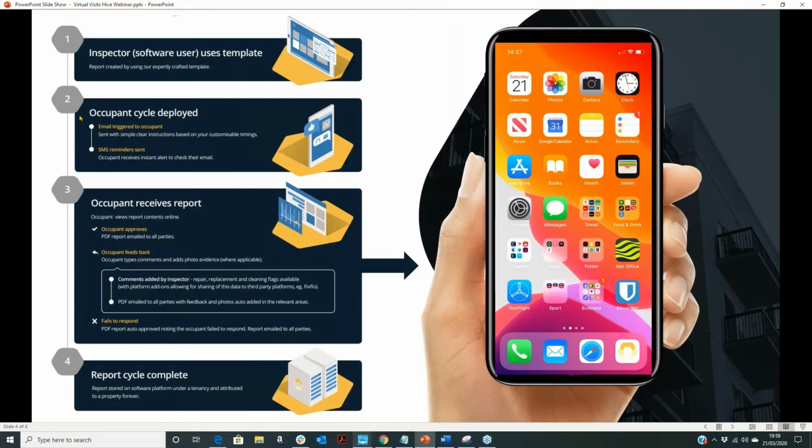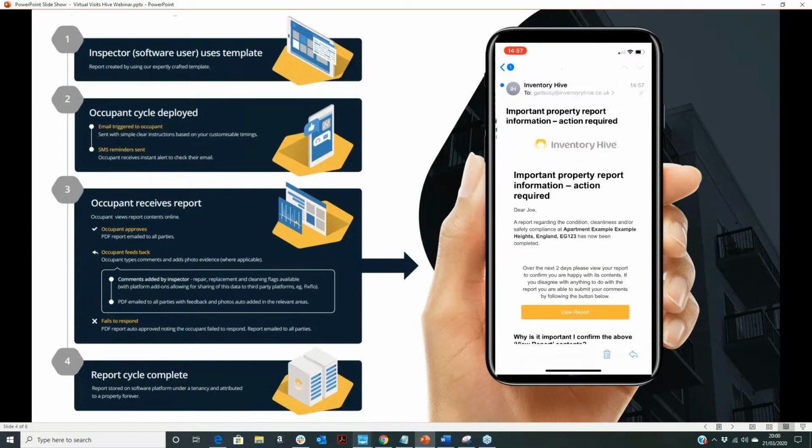We've now deployed the occupant cycle. It's very straightforward. As soon as you click send on that, it sends the text message and it sends the email. Now, as you can see, when the occupant receives it, on the screen recording you've got just here of an iPhone, when they get their email, they go into their inbox, tap on that email, and then it's very